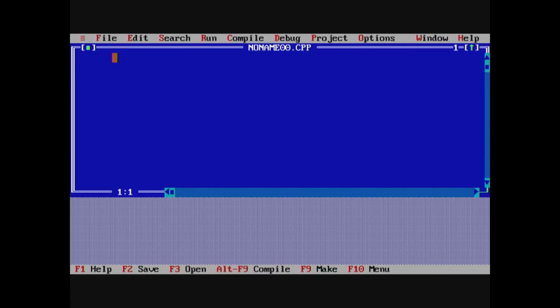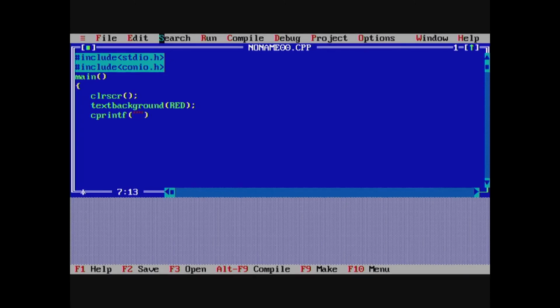Now, you enter this program in the editor. Hash include stdio.h, hash include conio.h, and within main, after the curly brace, you call the function clrscr, then you call another function textbackground, and within parentheses you put RED, and you call another function cprintf.